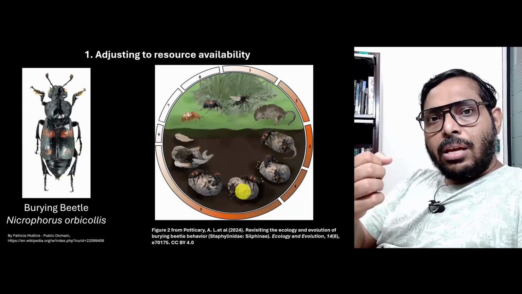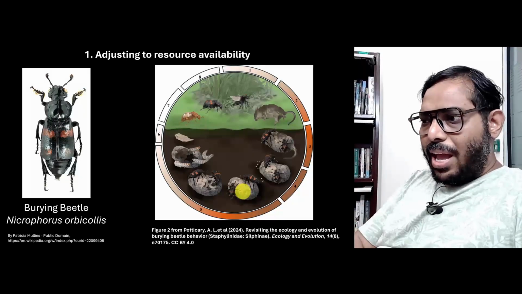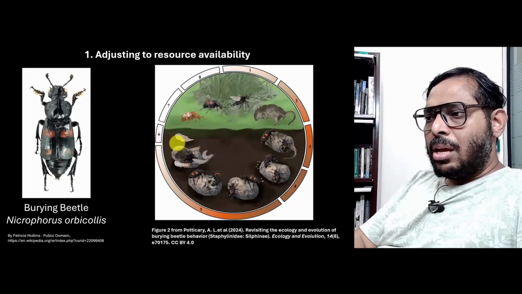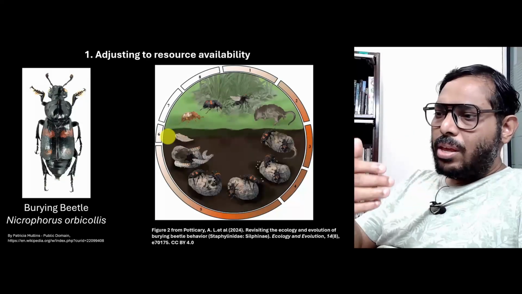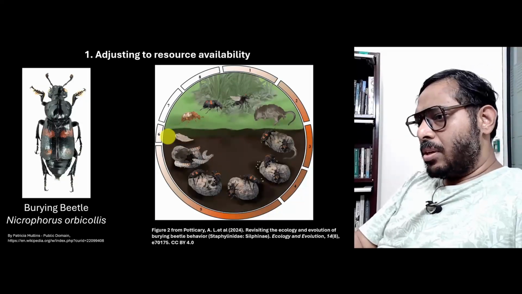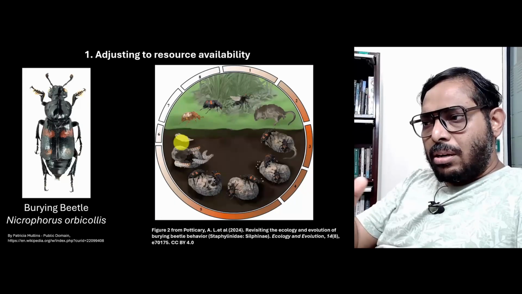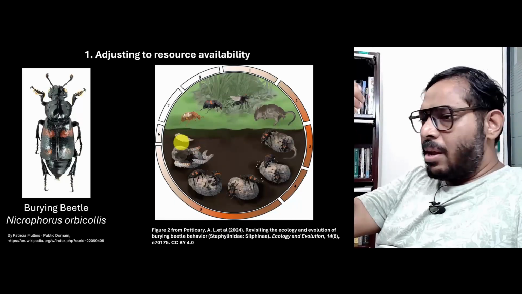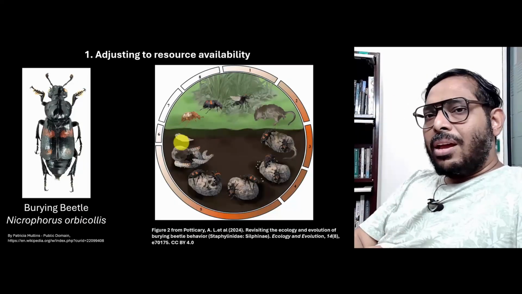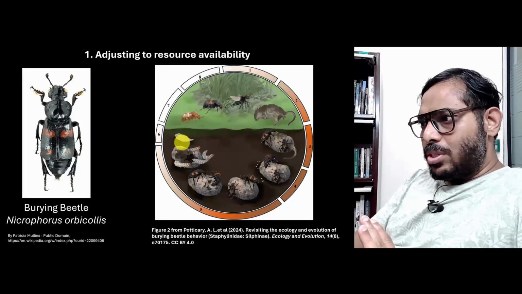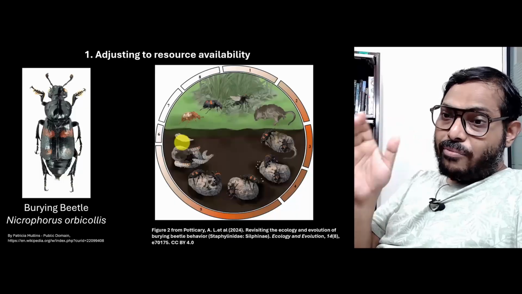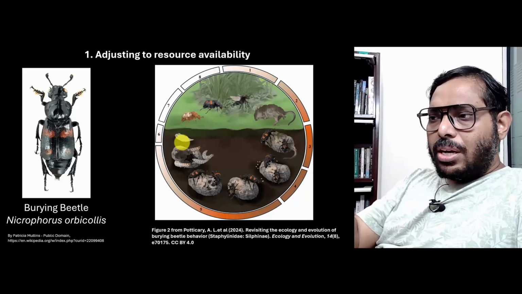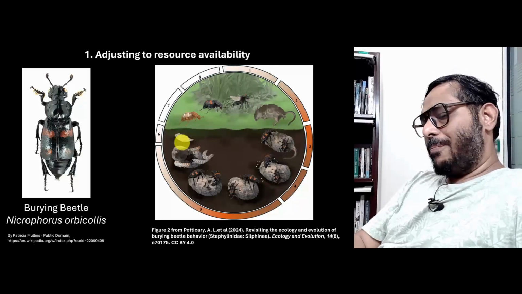They get all the nourishment from the animal, and here are the larvae, and after some time they form the adults and so on. Once the larvae have started going out, the two parent beetles just disperse. Now, it sounds a bit gruesome. If you want to see live photographs of this, you can check out this particular paper, but the main point that I wanted to show you is this cycle.